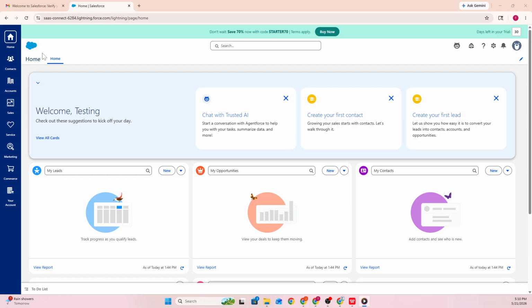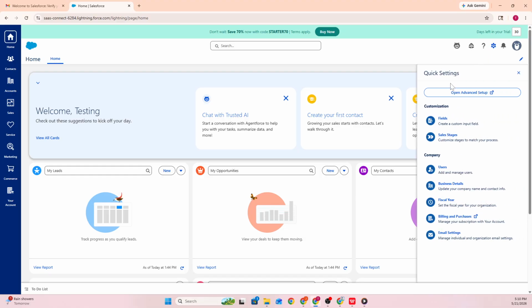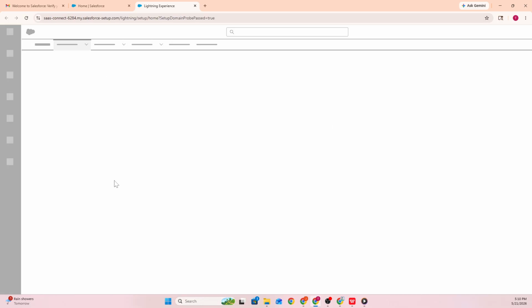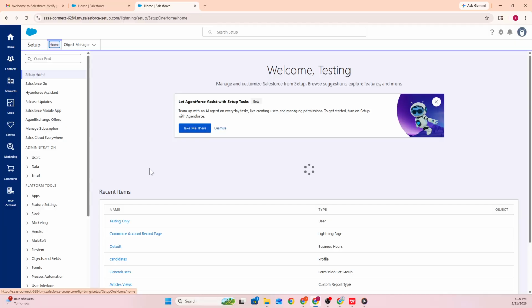To begin, move into Salesforce and go to the top right corner of the screen where the Quick Settings option is located. Select Quick Settings, then continue by choosing Open Advanced Setup. This will take you to the Salesforce Setup area where different customization and page configuration settings are available inside the